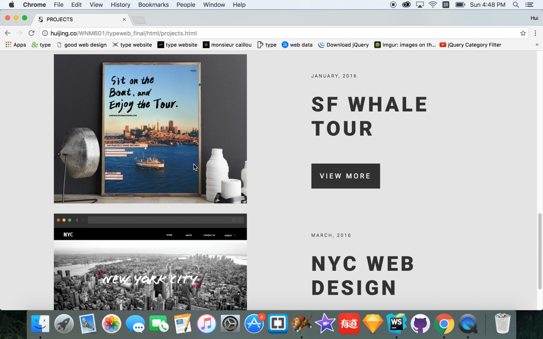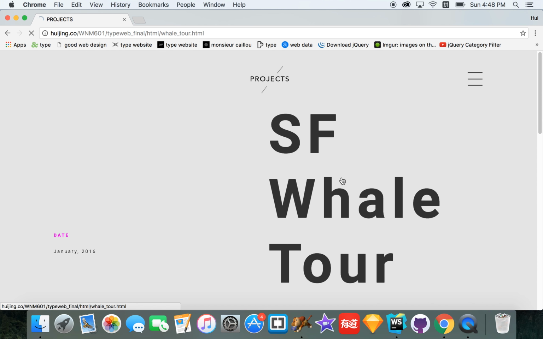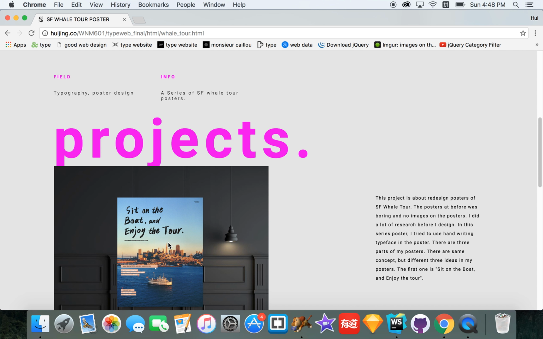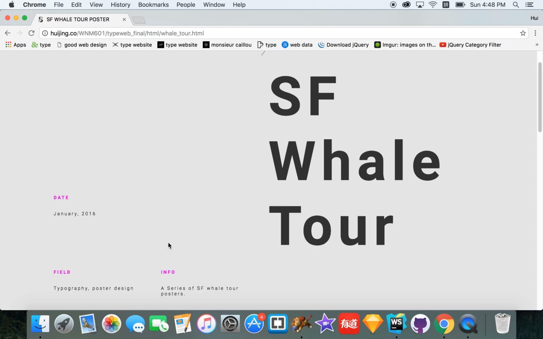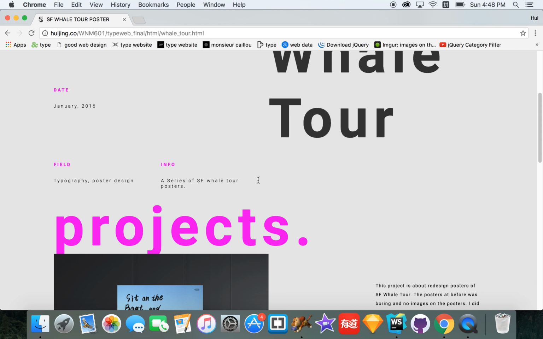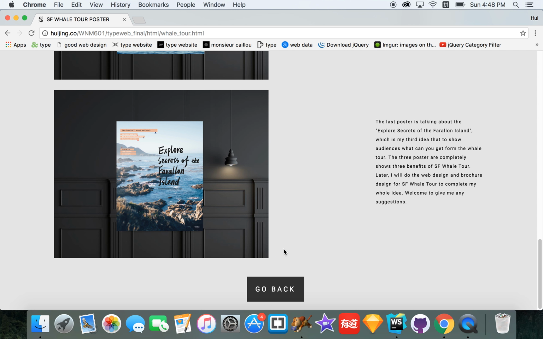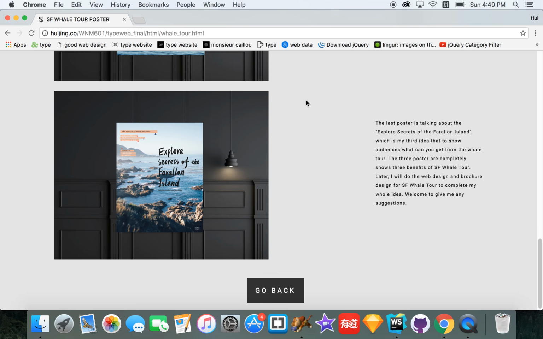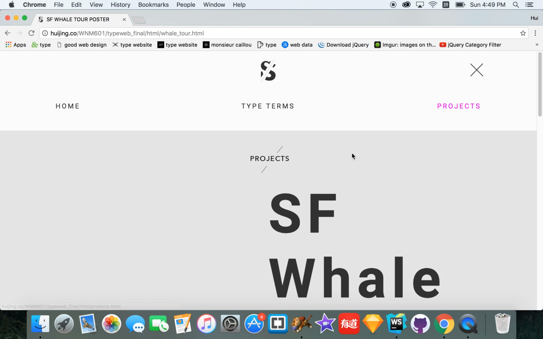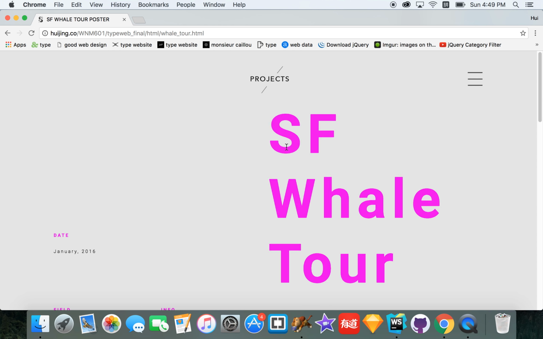And for San Francisco World Hall, it's a redesign project. It's the same idea as what I did for the tab posters. There's a little button here, and you can also click here to go back. And for this page,